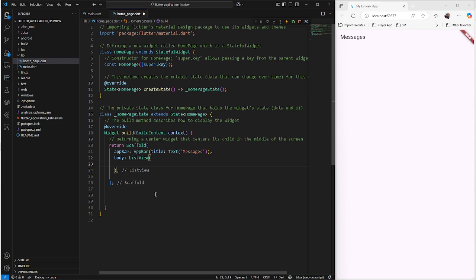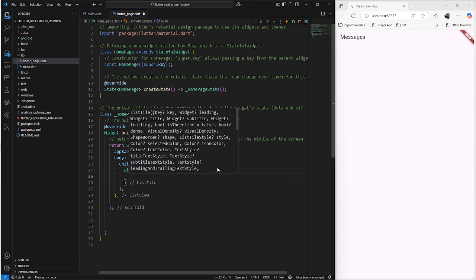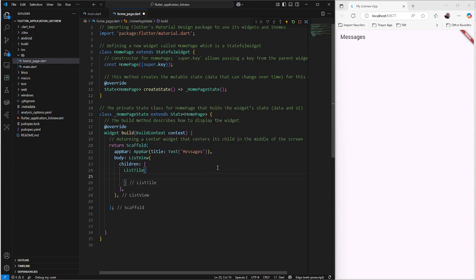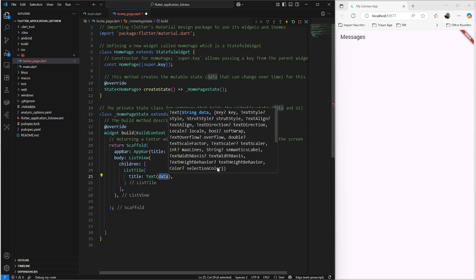In the list view, we need multiple children, because it might be one tile or it could be multiple tiles. So what we are going to do is children with an arrow. Now we can create a simple list tile here. So list tile. Now inside the list tile, just for the sake of it, first let's try it with the title. The title I want to display as a text. Say for example,